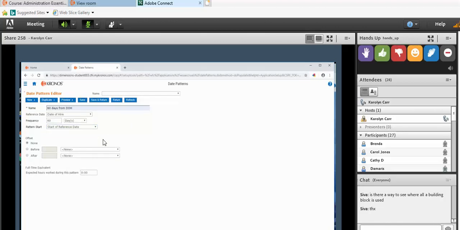As to offsets, a date pattern that can be used to advance or delay the first date of my date pattern. You either select before or after, a number, and then a unit of time. Okay, so if I use an offset of before, what you're asking the system to do, okay, is you're asking the system,